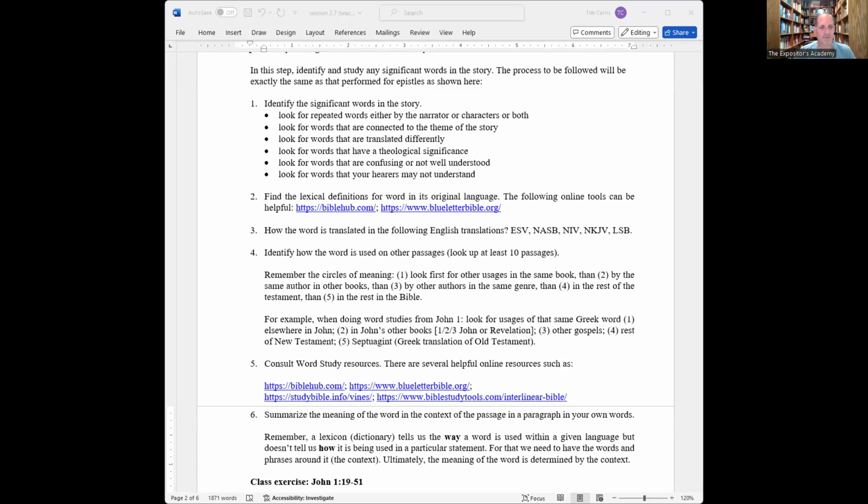It's that passage from chapter 1, verses 19 to 51, the four days, where John the Baptist begins with him. It's the first story in the Gospel of John, and people are sent by the Pharisees to determine who John the Baptist is, and he tells them, I'm not the Messiah. I'm not even fit to tie his sandals. But then the next day, Jesus comes and he says, behold, the Lamb of God. He identifies him as the Son of God.